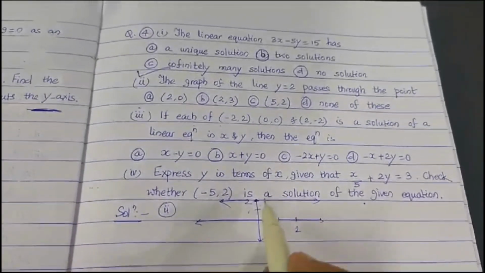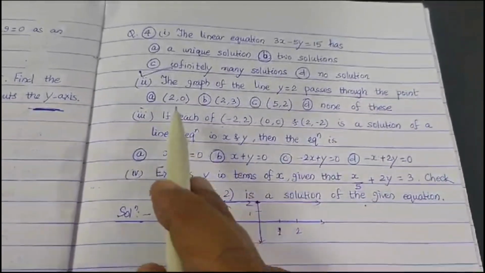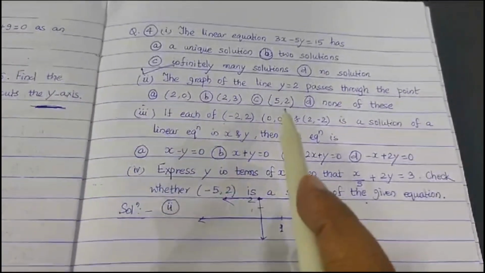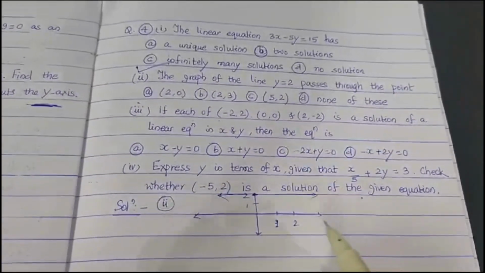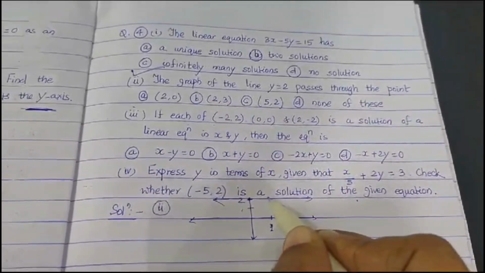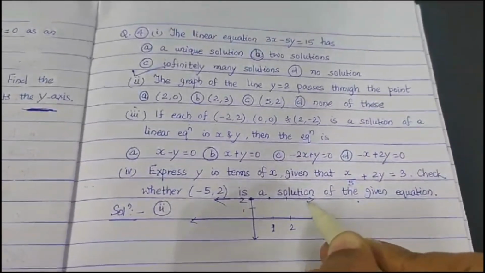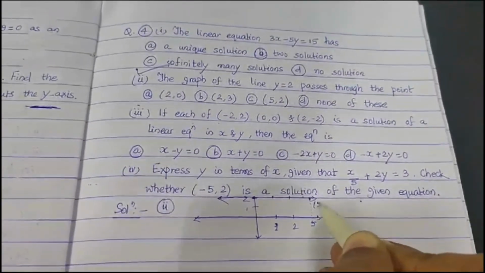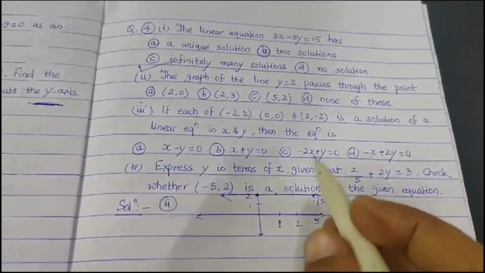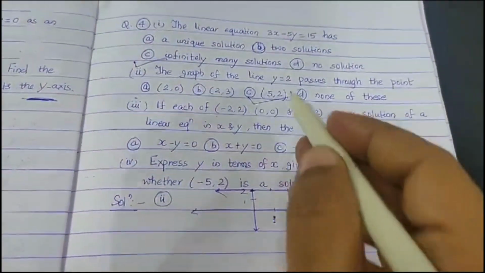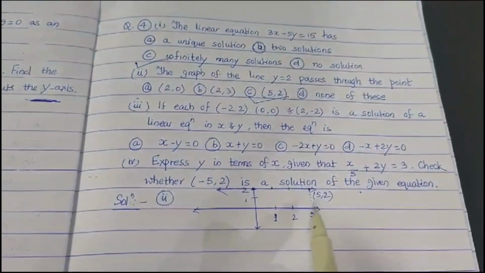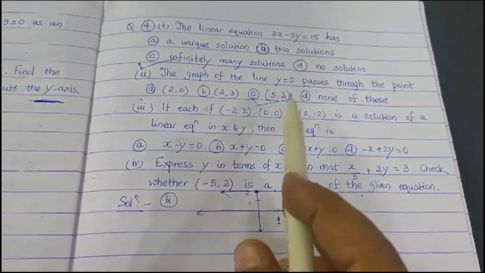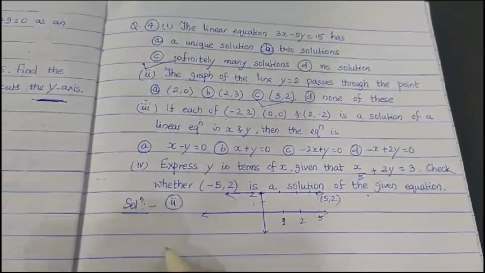So y equal to 2 passes through the point 2, 0? No, it will be parallel to the x axis. 2, 3? No. 5, 2? Yes, it can, because it will go through these points. Suppose this point is x equal to 5, so it is passing through 5, 2, we can say yes, this will be our answer. Any value of x you can put here, but the value of y will be 2 because the line is y equal to 2. All right. Now let us see the third one.